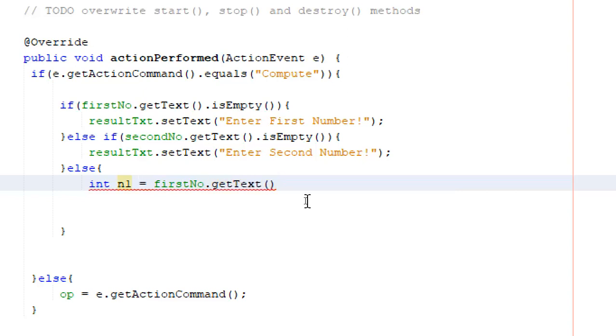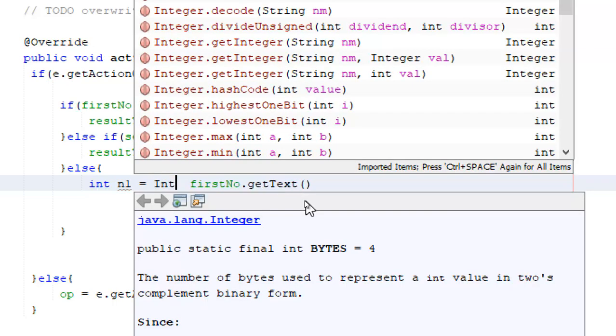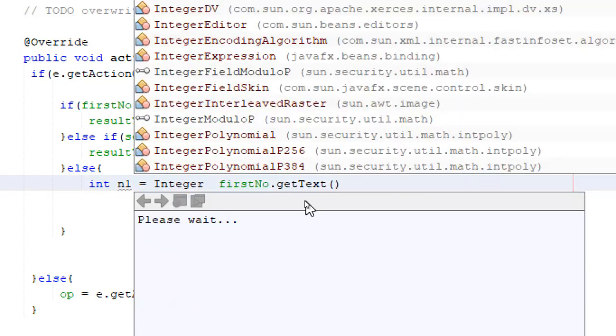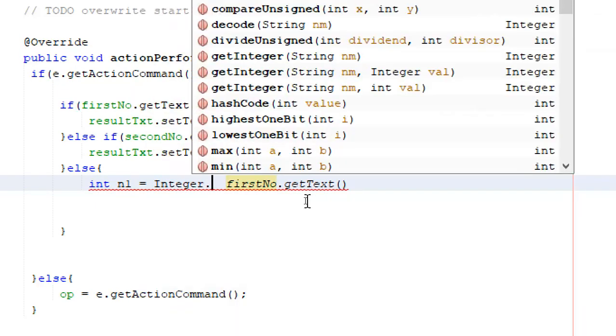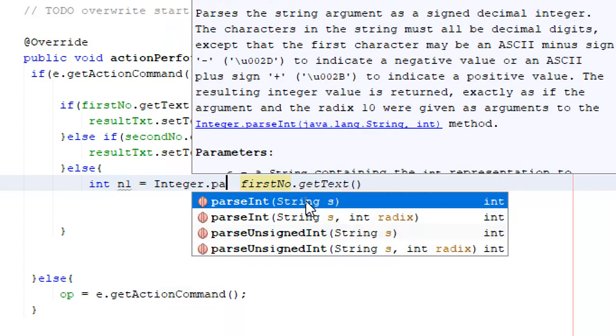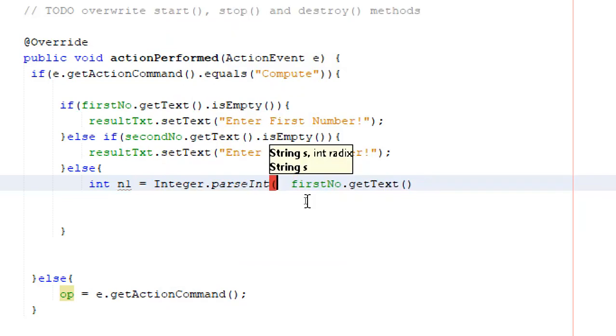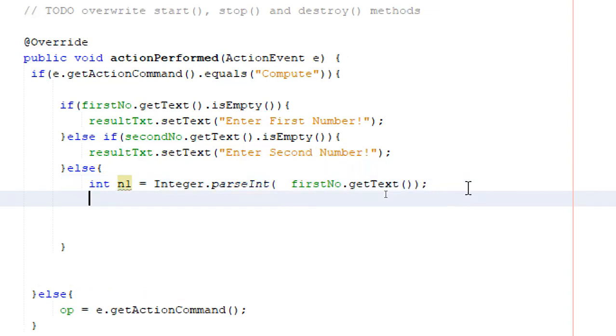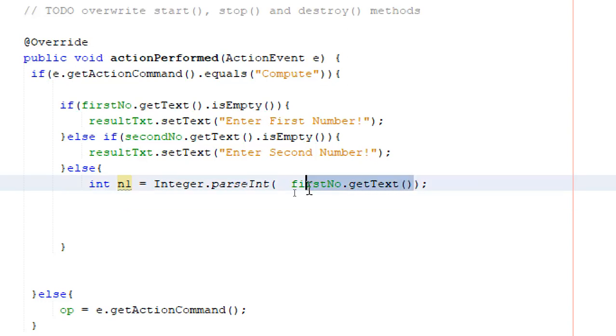I will convert it into integer. The way in which I do it is, I am going to say Integer.parseInt, and I will put it over here. So what I've done is I've read the text from the text box, parsed it as integer, and I'm storing it as n1.